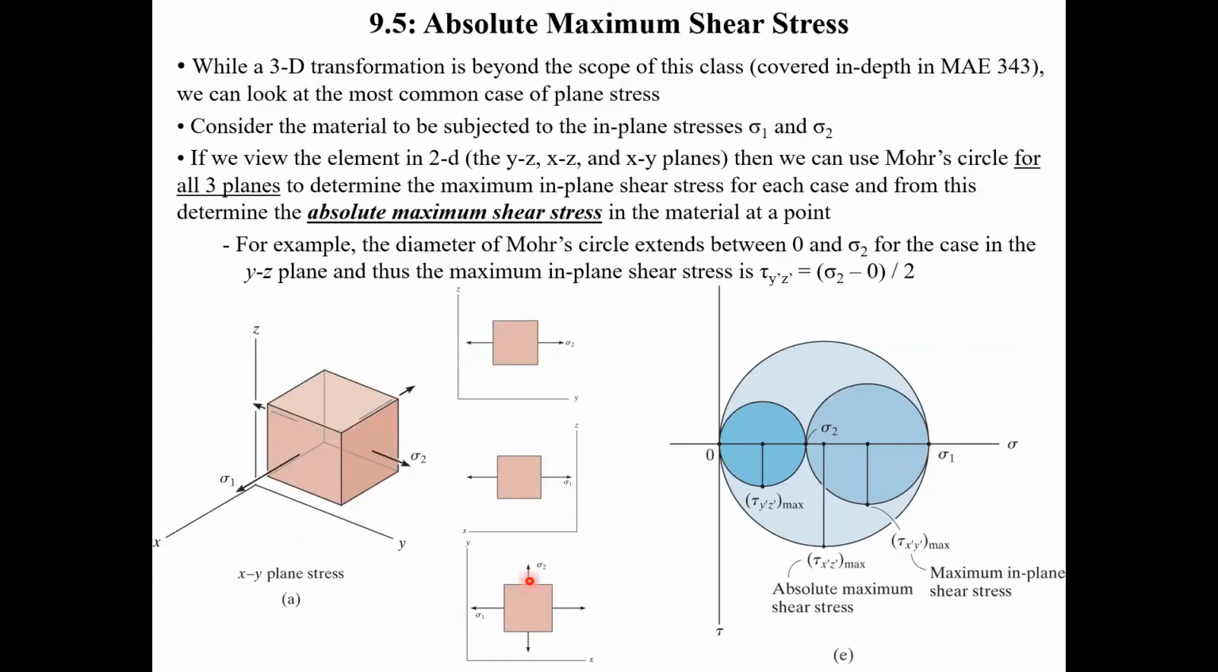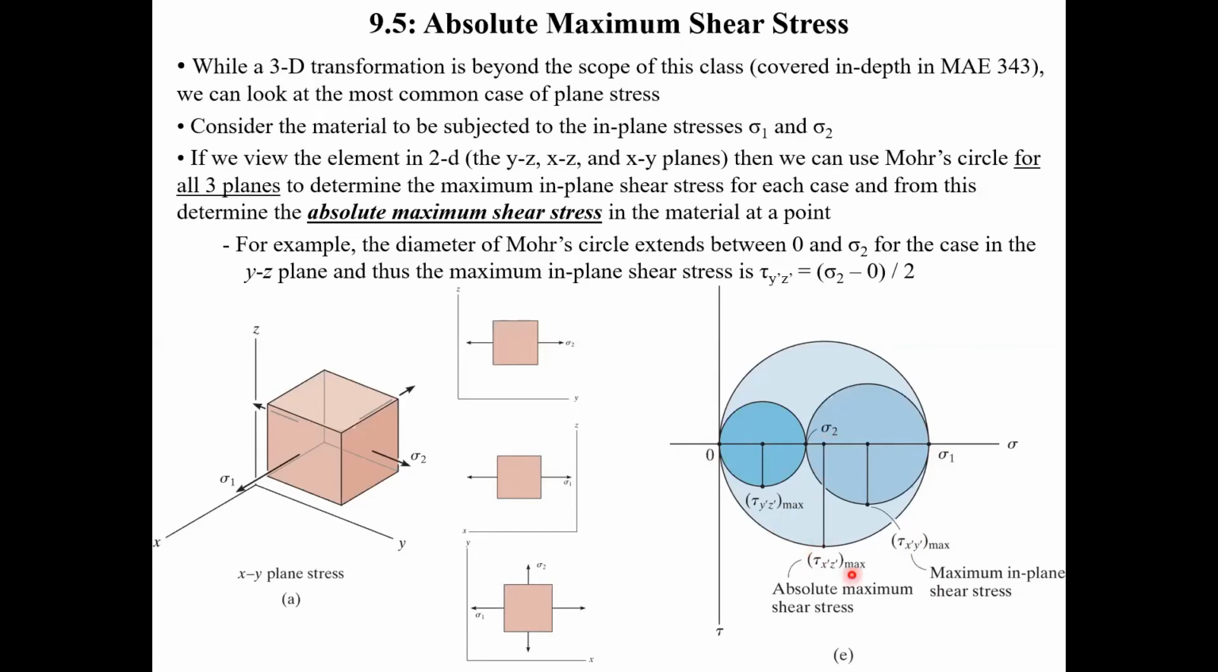Okay, so the xy here is sigma 1 and sigma 2 as the 2 endpoints on the circle. The yz is this one here with sigma 2 and 0 coming out of this z face. And then again, our big circle is this xz, where sigma 1 is here, and then our other principal stress is 0. So there to there is our diameter, and then remember our radius of our circle gives us our